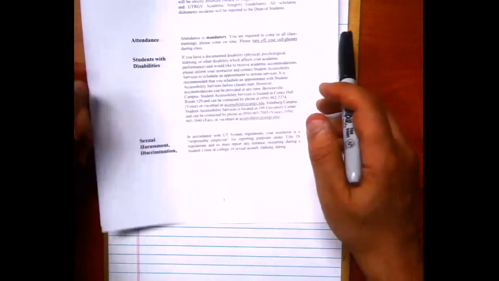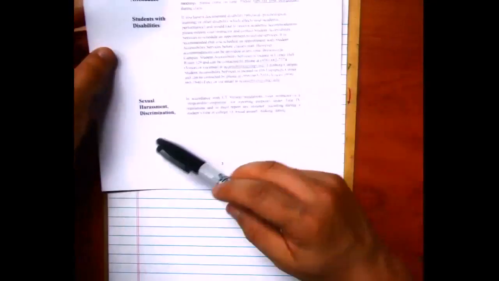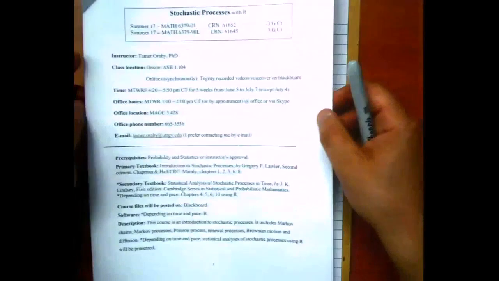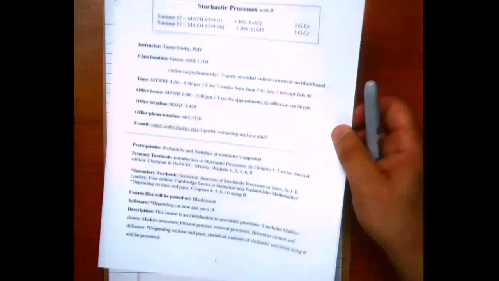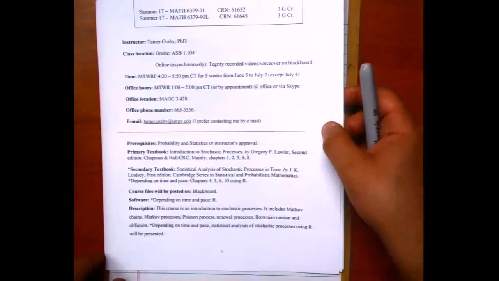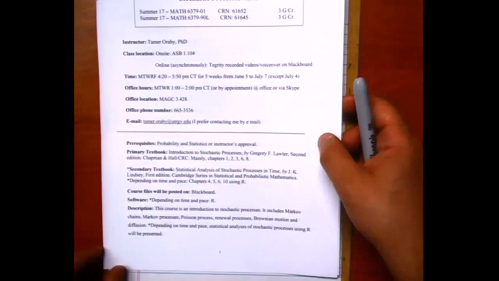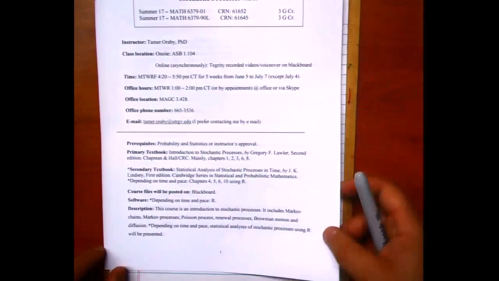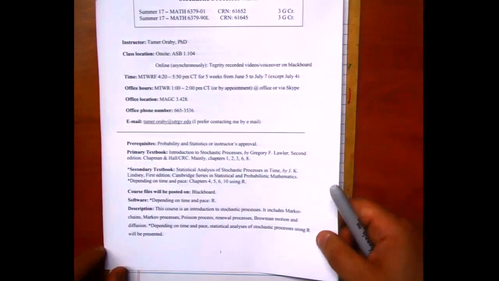I have to report sexual harassment, discrimination, and violence according to the rules and the bylaws. Do you have any questions?